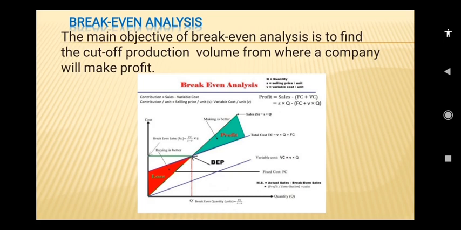The horizontal black color line from the starting point of the total cost is fixed cost. Break even sales is fixed cost divided by sales minus variable cost into selling price. Next, total cost: TC is equal to variable cost into quantity plus fixed cost. Profit is equal to sales minus fixed cost plus variable cost. These are the break even analysis.